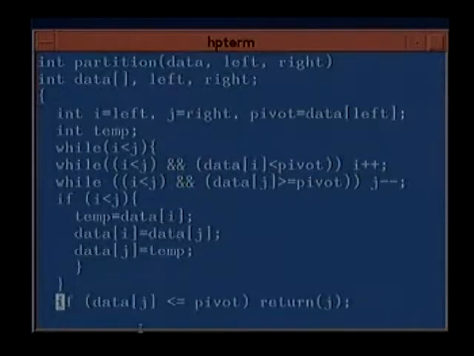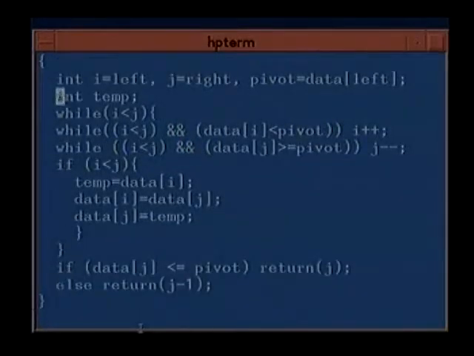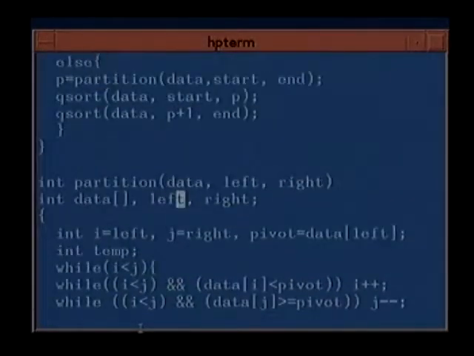So that way we will be able to partition the array, and the pivot position you can now return: at the end of it i will be equal to j. So if data[j] is less than or equal to pivot, we return j. Otherwise, if data[j] is greater than pivot, we return j minus 1. So this way you can return the pivot position by the partitioning routine without using an additional array.